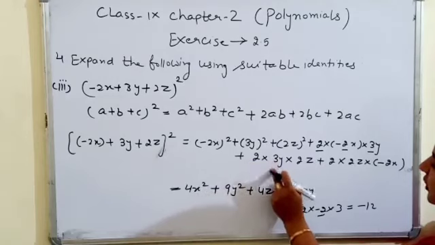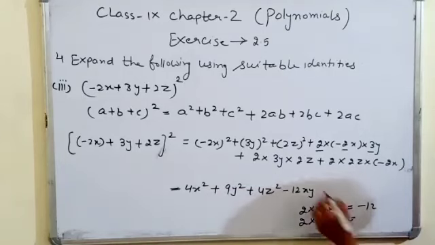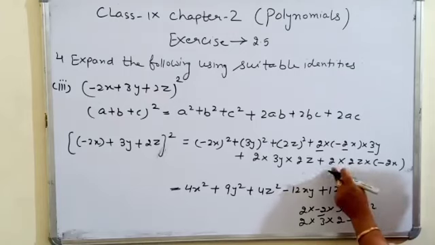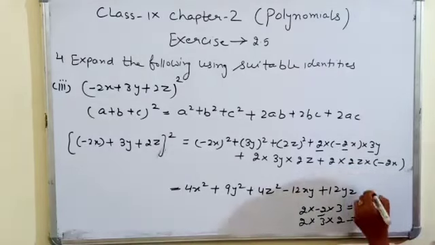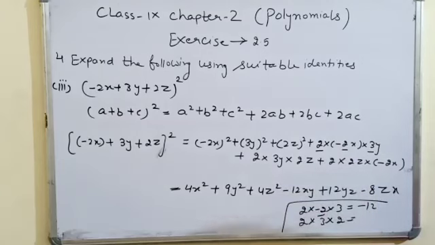Similarly 2, 3 and 2. All three terms are having the positive sign, so there is no issue. Result is positive, yz. Again in the third term you can see 2, 2 and minus 2. So what is the result for this? This is minus 8 because one term is having the negative sign. Now this was the result for the part 3.